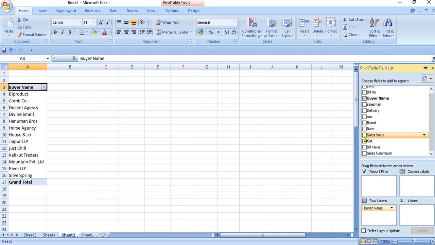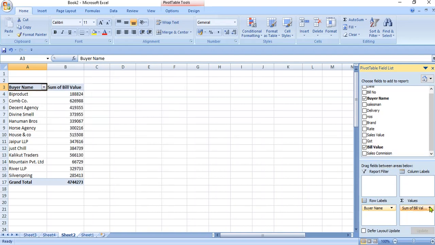Again I have chosen buyer name. Now I want to check the maximum amount of bills raised during this period. So we will select bill value and drop it in the summation box.